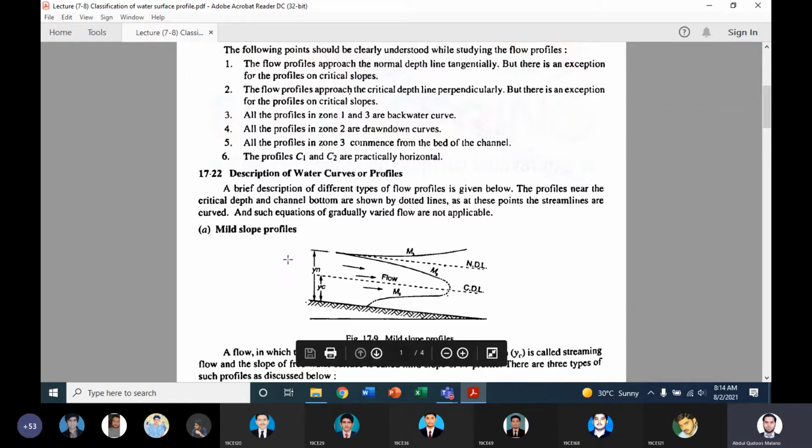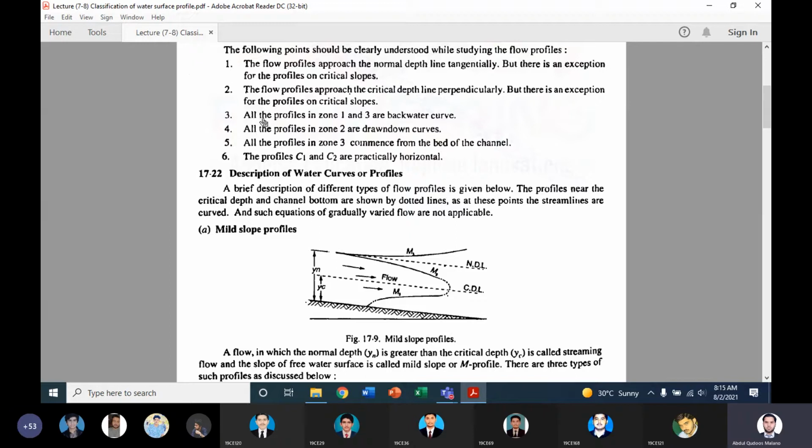अब यहाँ से जैसे ये slope है, ठीक है. This is the downward slope. The water is coming from the left direction, going to the right direction. Okay. Now, if we see with this direction of the flow, the water depth is rising. So this is going to be termed as the backwater curve. And if this is falling, just like in zone 2, the depth of the water is decreasing in the direction of the flow, this is the drop down curve or drawdown curve. Okay, and the first one is the backwater curve.